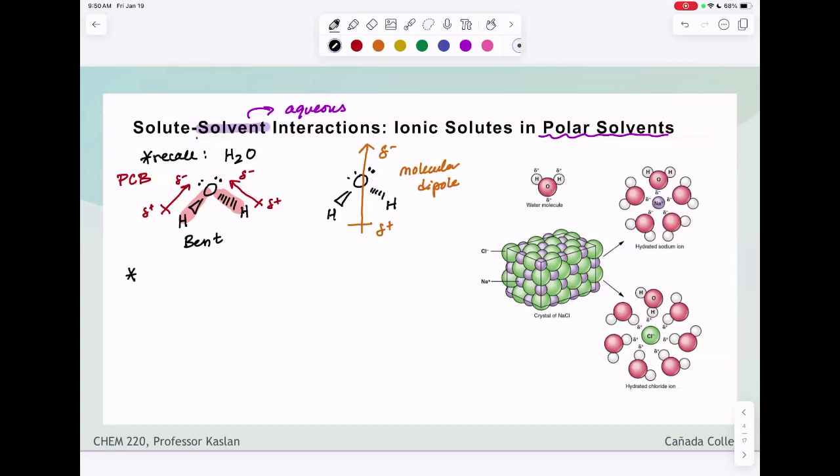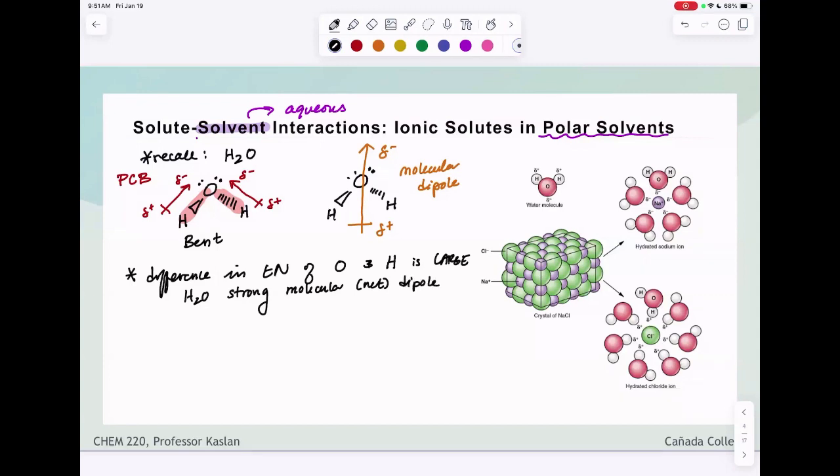So what on earth did I just say? What I just said is that the difference in the electronegativity of oxygen and hydrogen is large. So water has a very strong molecular or net dipole. This is why you might have heard water be referred to as the universal solvent,